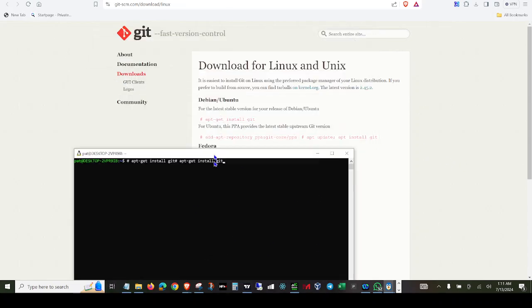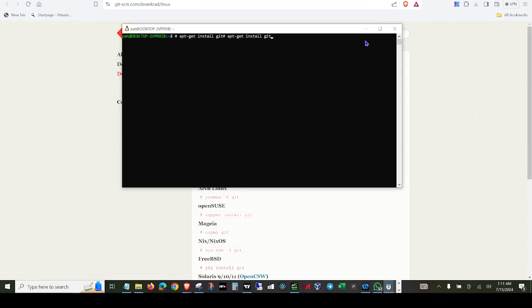I need to check and make sure that I have the right command. I think I'll use sudo. Oh, I've seen the problem. I think I did it